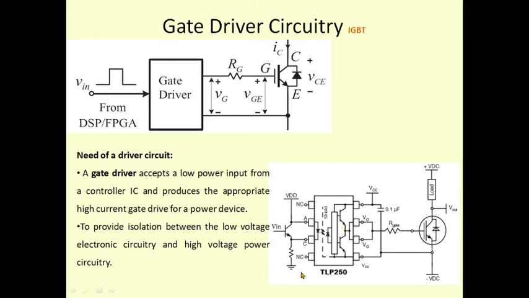So the expanded form of this can be shown over here. So we have this IGBT and this R gate is same as this. If you see over here, this is a chip basically. This is known as the TLP250 chip. And here, we are having a light emitting diode, or LED. So this is what is known as the optical isolation. We are providing an optical isolation between this electronic circuit that is coming from here and this power electronic circuit.